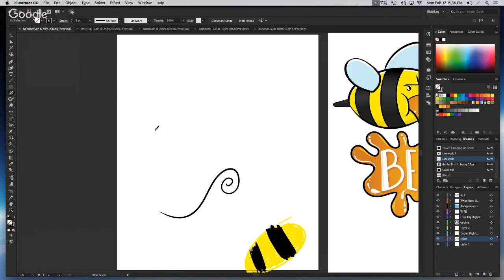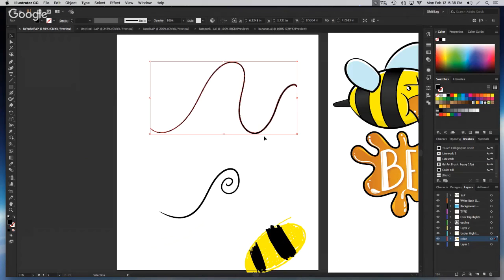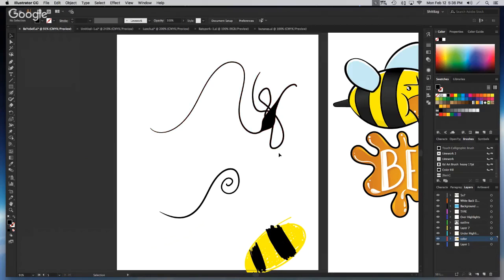So a blob brush, you can come in, I'm going to draw a line. It looks exactly the same, but it's actually a shape. I can still change the shape of it, but now it's almost like you've outlined the stroke. Right. But the cool thing I use a blob brush for is coloring. So if I come back in with the blob brush and I go, whoop, now it's all one shape. Okay. So it's like you're using the Unite Pathfinder automatically. Yep. With everything on the same. Yeah. And you can accomplish the exact same thing through